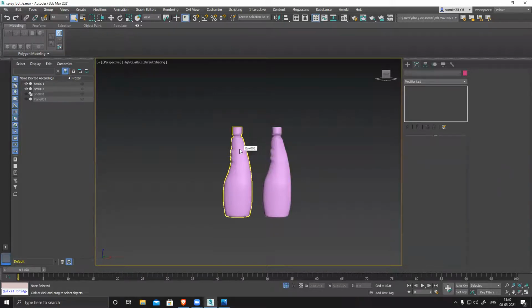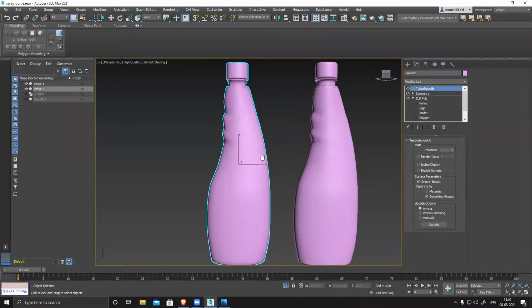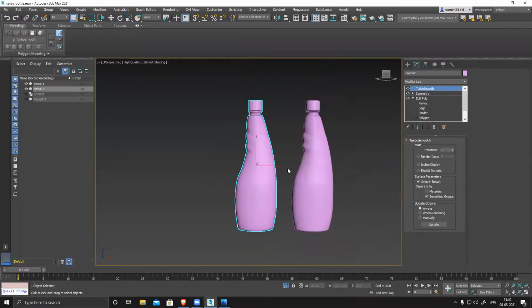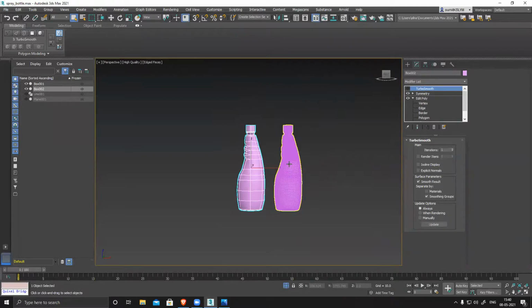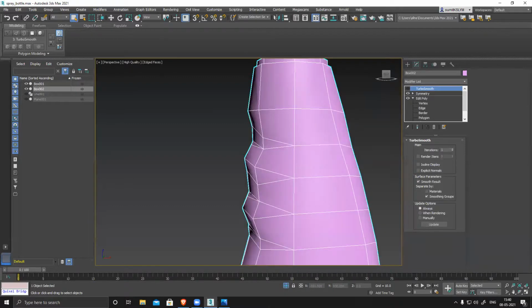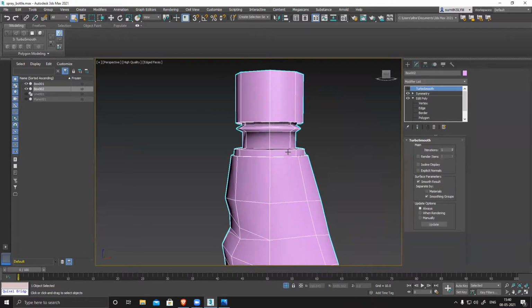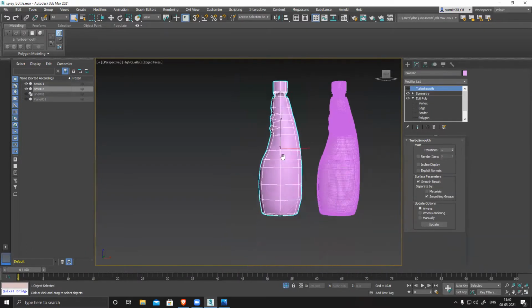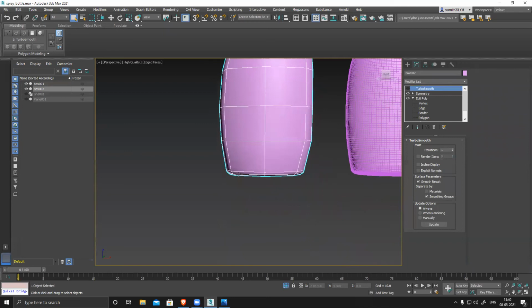Then gradually, as you move far from the camera, we optimize the model and make it really low poly. Suppose if it's this close, I'll keep it with this. If it goes somewhere here or maybe here, I'll switch this off. Then if it goes beyond this, maybe this much, I'll delete all this triangle also. It's not required, it's not visible. So I'll remove this, reduce the polygons, and keep it really angular. I can reduce this one, delete this loop completely, and delete this bevel.